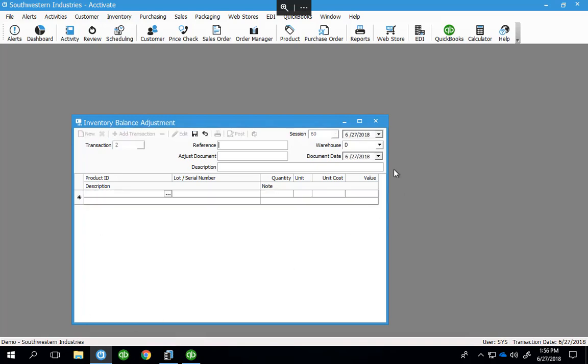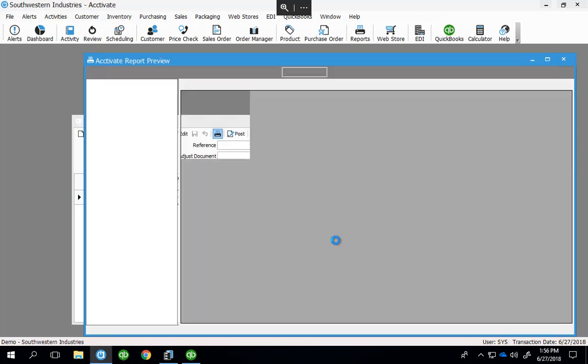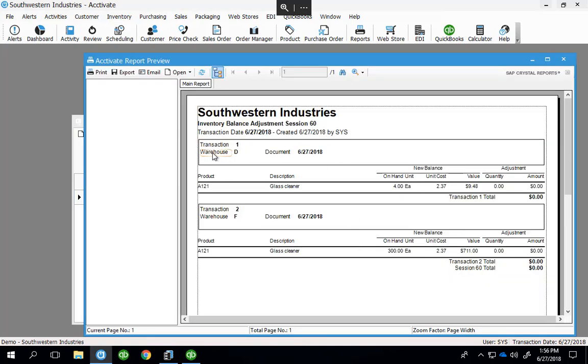So you'd say add transaction. I'm going to do warehouse F now, A121. Now that warehouse F has 300. So if we hit save, and we're going to hit print before we actually post it, just so you can see the transactions, we've got transaction 1 with the balance. It doesn't have any adjustment because I didn't modify it. And then transaction 2. So when you post it, it's going to post transaction 1 first and then transaction 2